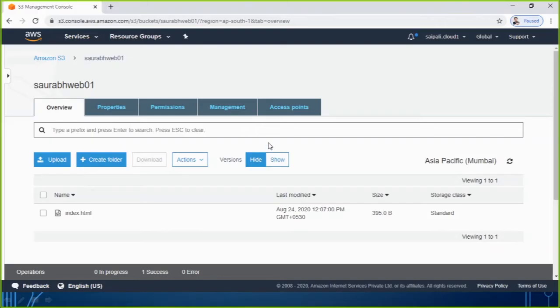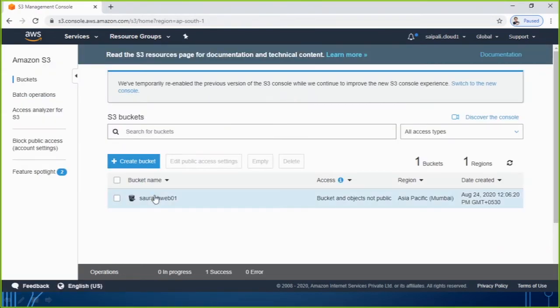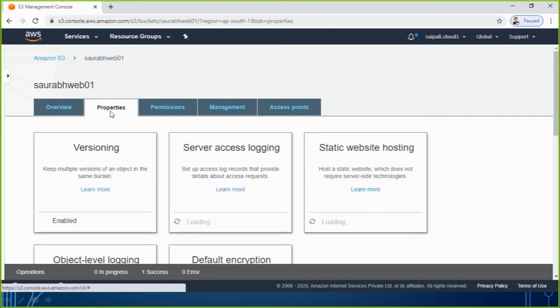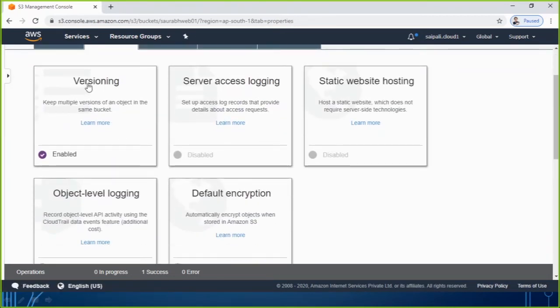So let me go to my page. We go to our S3, we go to the bucket, and in the bucket by default it shows the overview, where it shows all the files and folders and everything, plus versions. We have to go to the option of properties now. So go to properties, and here you see you get the details of versioning. You remember I have enabled it. And the third option is the one we are going to look at right now, that is static website hosting.